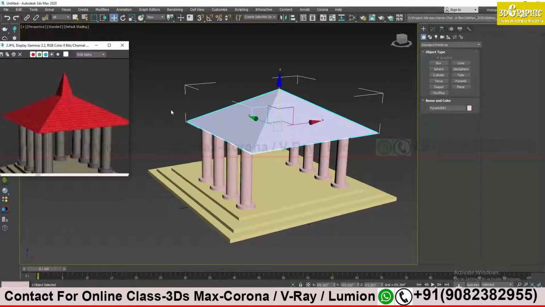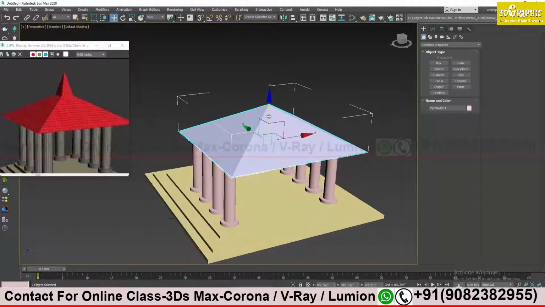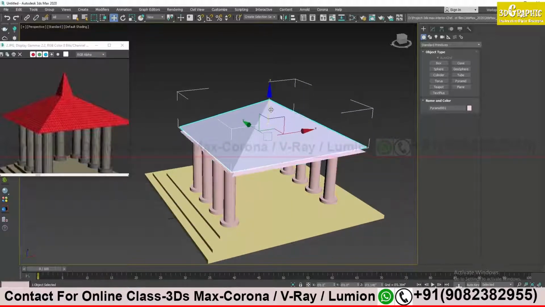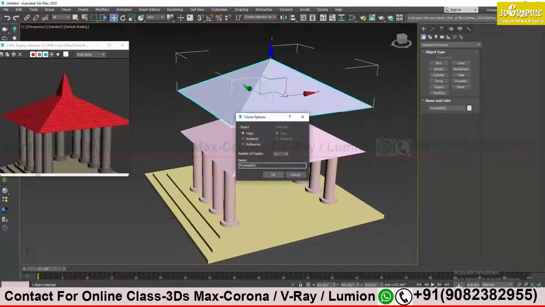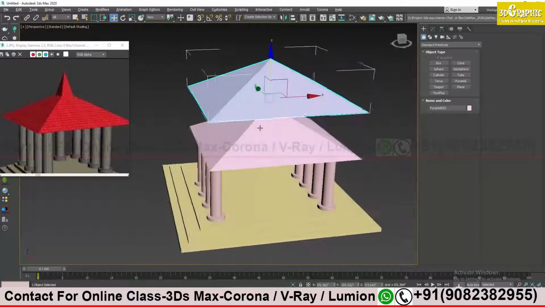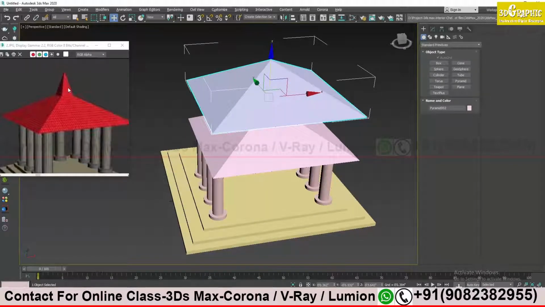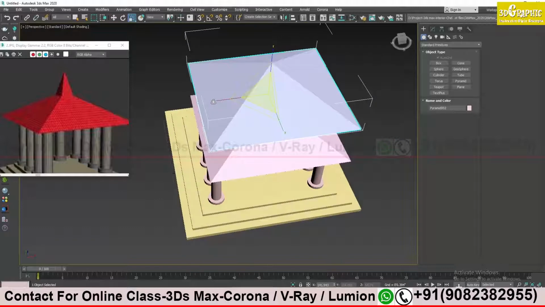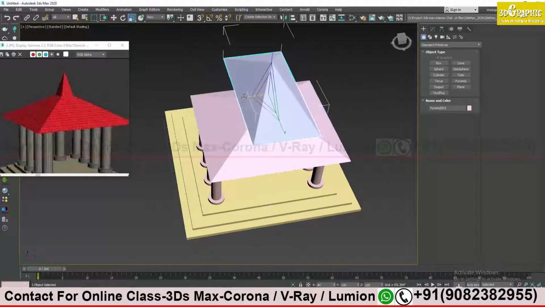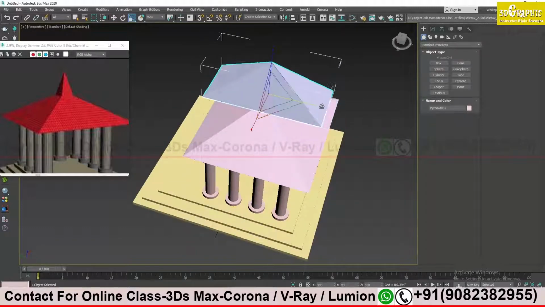That's simple. What I have to do, this is just the duplicate. If you see closely, this top portion is just a copy of the bottom one only. So same thing I will do here also. I will just press shift and make a copy of my bottom object, this pyramid. And now I click OK, and now all I have to do is scale it out. You see, it's very small and very pointed. So what I have to do, I have to take scale button and scale from both the directions.